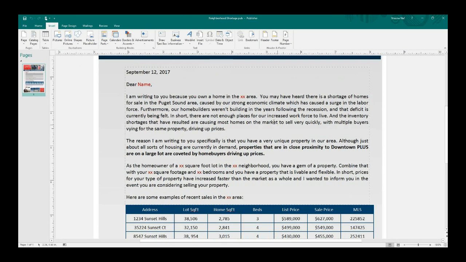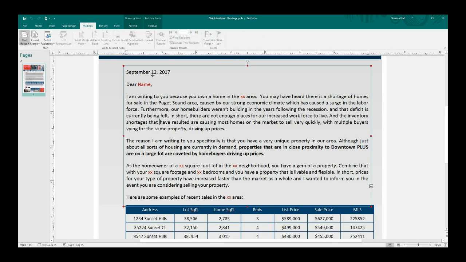But now we're doing this in Publisher, so it's pretty much the same, but just wanted to let you know that it might be slightly different. The interface may look a little bit different. So the first thing we're going to do is go to Mailings, and first select recipients. So we're going to use an existing list,